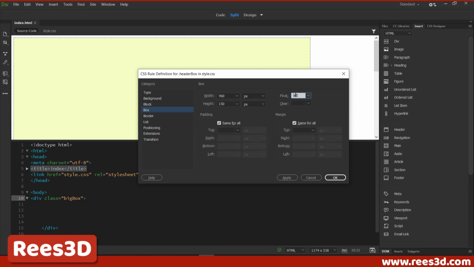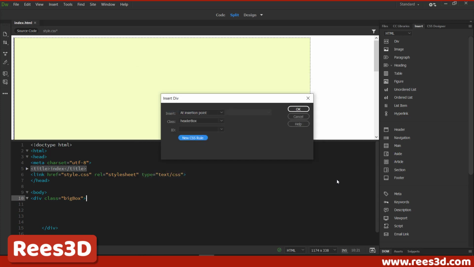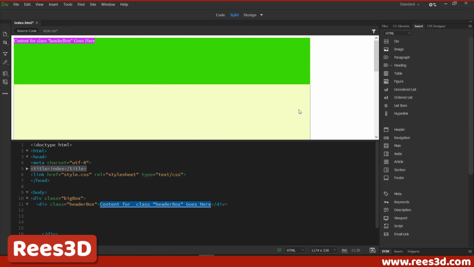inside the big div tag, all the elements that you're going to create, you're going to give a float of left. So anything that you create is going to float left. So the first one is going to be in the left side, the second one is going to be next to that, and the third one is going to be next to that. And when it reaches the end, it's going to go to the next line, again starting from left side and going on till the end. Okay, hit OK now and hit OK once again,